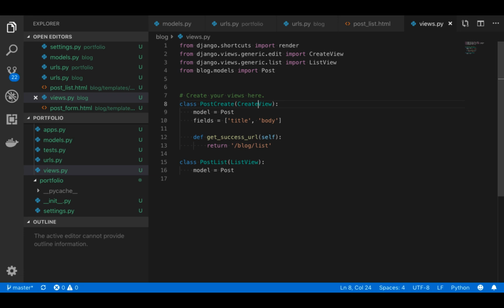Now, for more advanced users, you can also do this to create some very interesting designs, right? So you can define a class that inherits from create view, and you can have something inherit from that, right? There's also something called mixins, which you can use for multiple inheritance. So say you have a mixin where you have it parse some data, and you want that data available everywhere, right? You can now add that to your other classes, and anywhere that you add that, the data will be